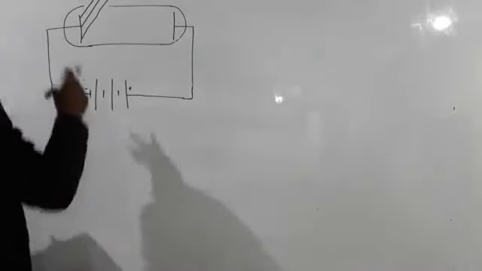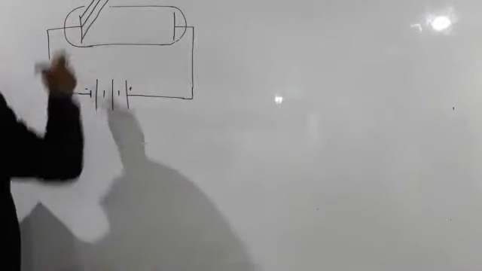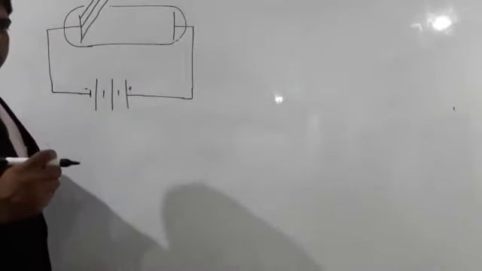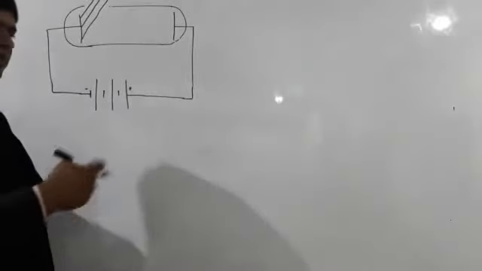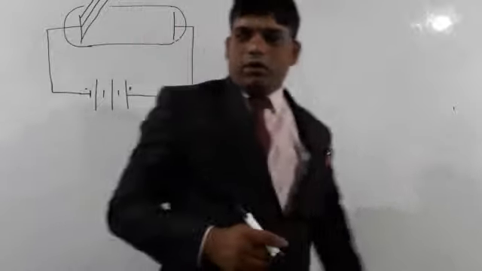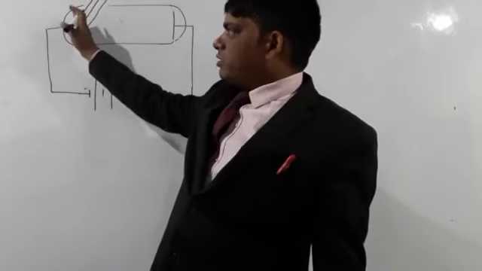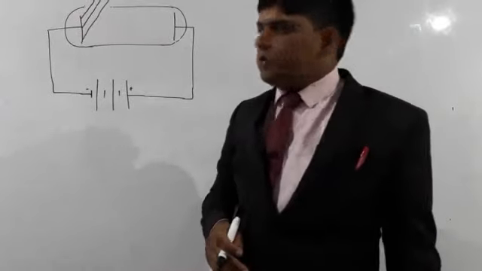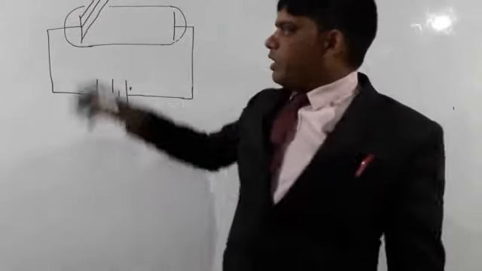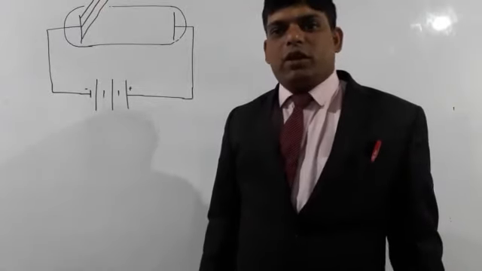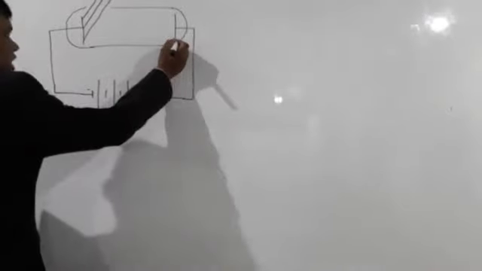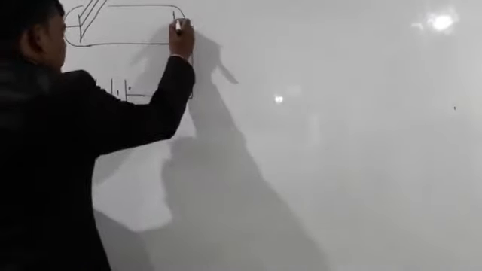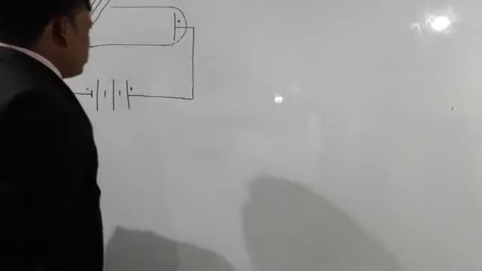Now there are some free electrons in this metallic plate which will gain energy from the photons of the incident radiation falling on the metallic plate. Some amount of this energy will be used to come out, to just eject out from the surface of the metallic plate, and with the remaining amount of energy, the electrons will move towards this electrode, because it is positively charged and it will attract the electrons.